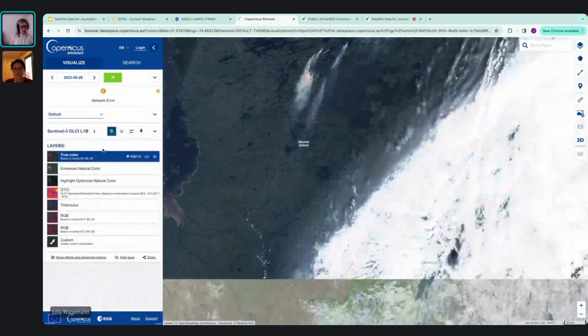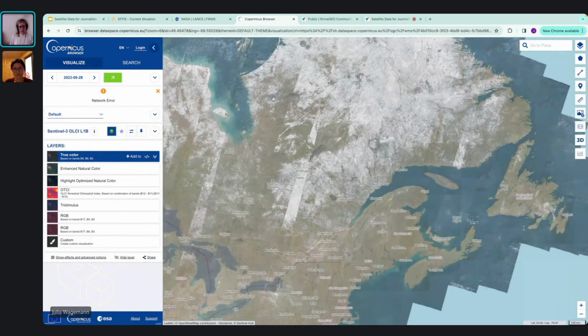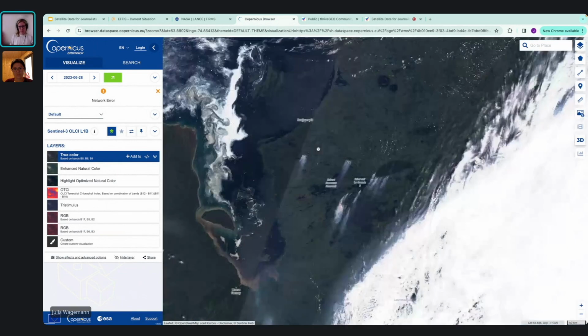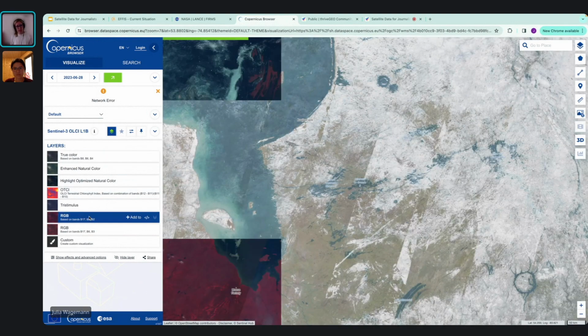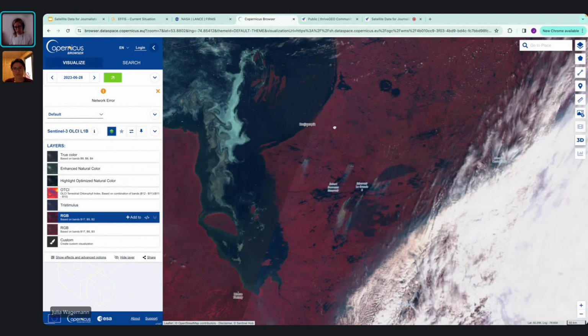I can also choose the 28th of June, and we see here also quite clearly smoke emitted from wildfires. We can then also choose a false color composite. And so now we see the general vegetation here in red, but then the smoke is now in light brownish.